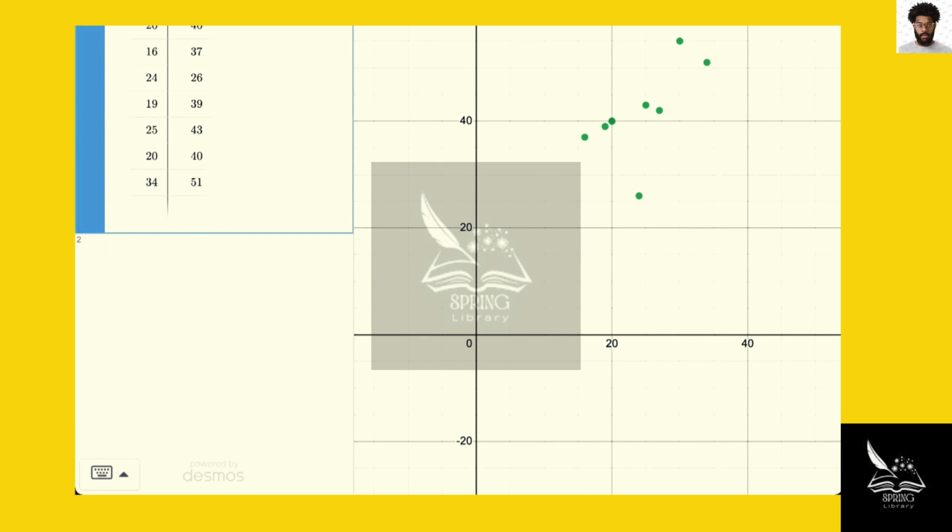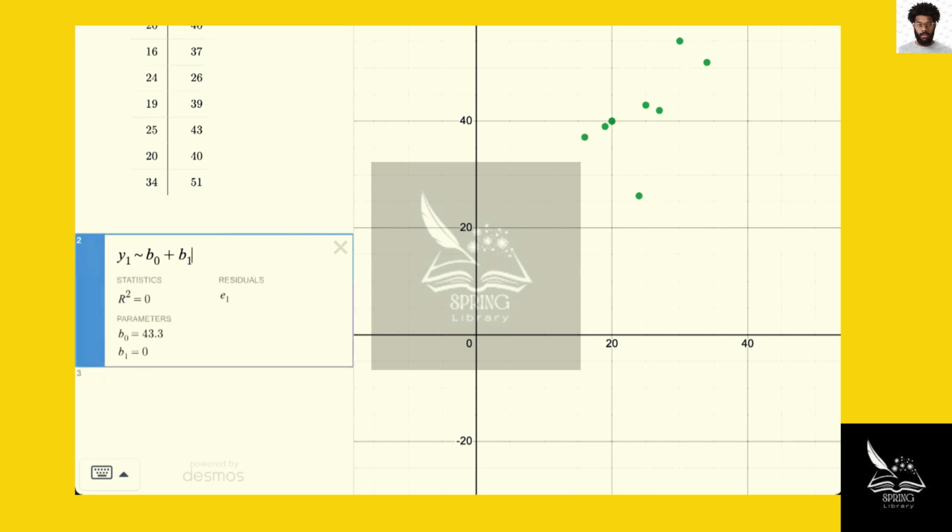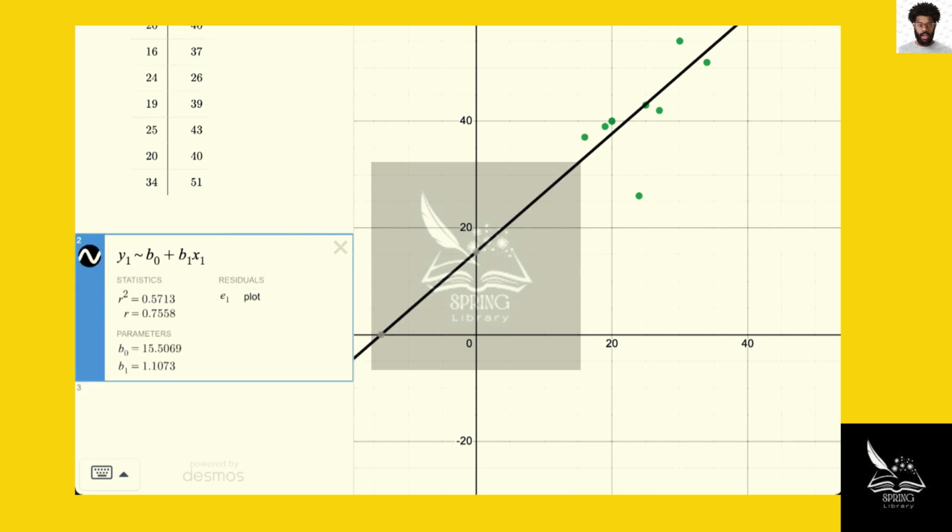Part B, determine the correlation coefficient and the coefficient of determination and comment on them. With Desmos, this is found by y1 approximately, you might use different variables, but maybe like b0 plus b1 times x1. I have to use x1 and y1 for the data that's in the table labeled x1 and y1. So the correlation coefficient is the